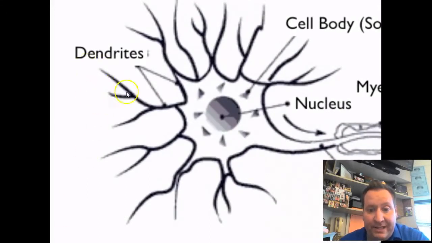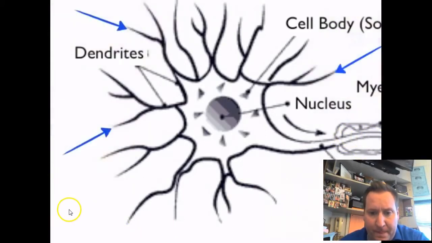So these dendrites here are going to become stimulated. If this is a sensory neuron, this can be something like pressure. Light could hit the end of this thing. You have some type of receptor that's going to stimulate this neuron. And this stimulation then is going to cause this influx of sodium ions to occur. And this is going to occur at this area here called the axon hillock. And this is going to travel down the whole entire axon that you're going to see when we go through